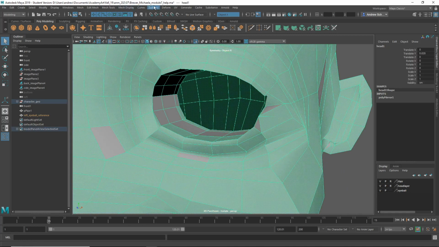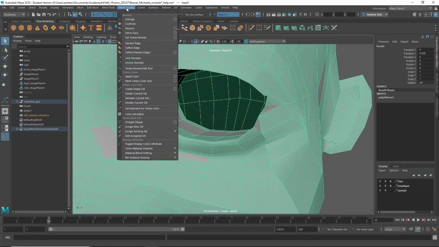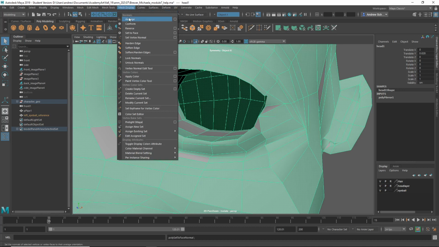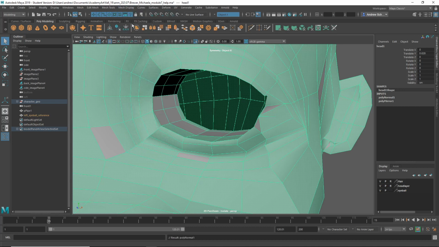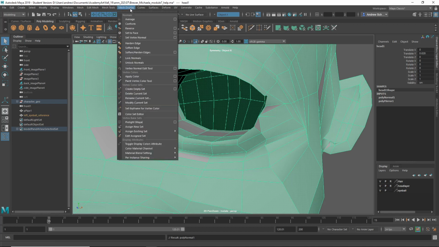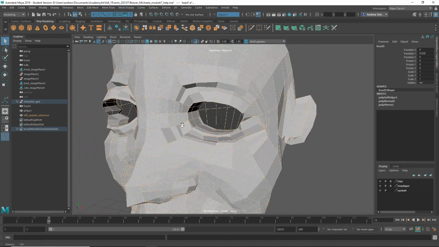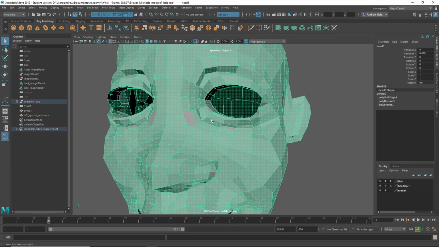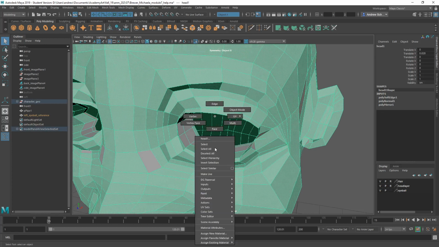Sometimes if this is acting weird, I can go mesh display, set to face. No, mesh display, conform. Yeah, no, it's not helping at all. Harden edge. No, that helps a little bit. It's still being weird with these selection things. Okay, well,